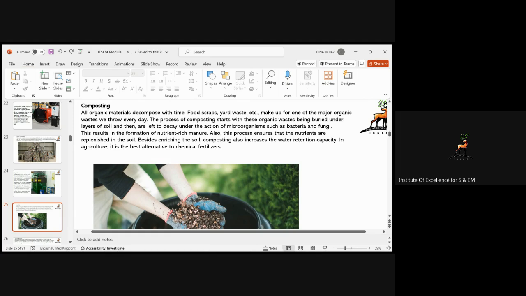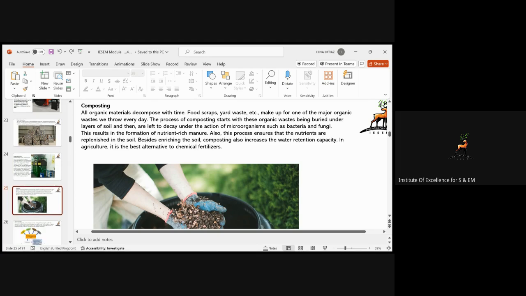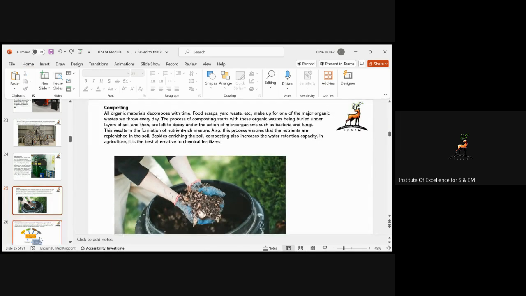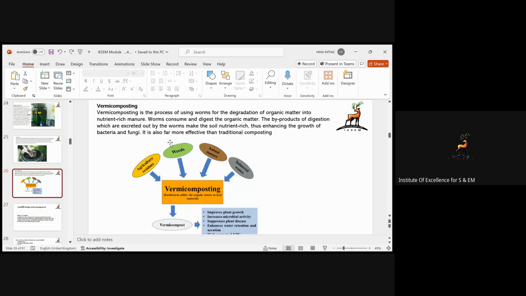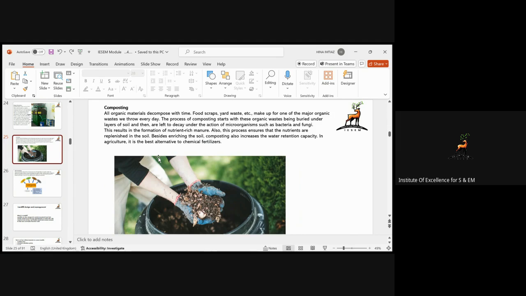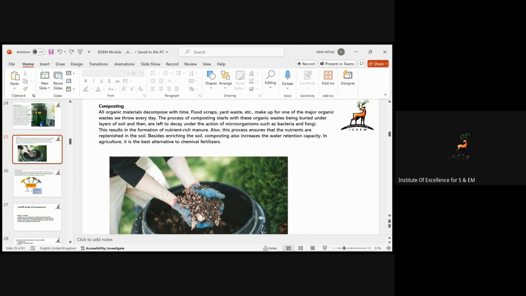But in composting you are using the bacteria and fungi, especially microorganisms. In the next method you are going to use worms, which is known as vermicomposting. So you must distinguish between these two methods. Composting is a method in which you are using organic waste and microbes, and those microbes result in the formation of new nutrient-rich manure, and this process ensures that the nutrients are